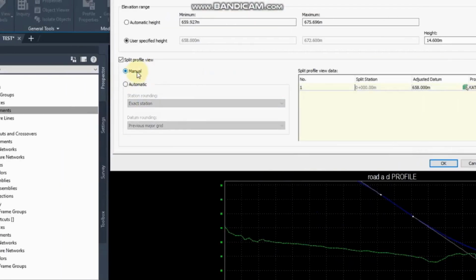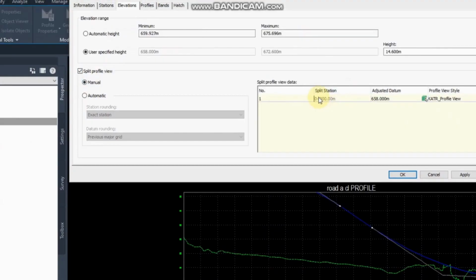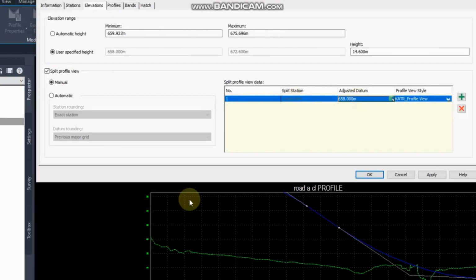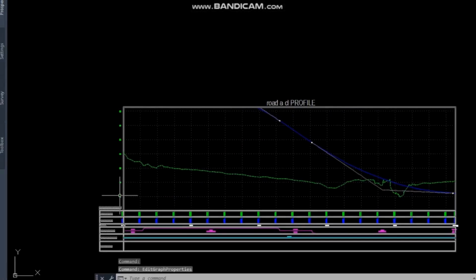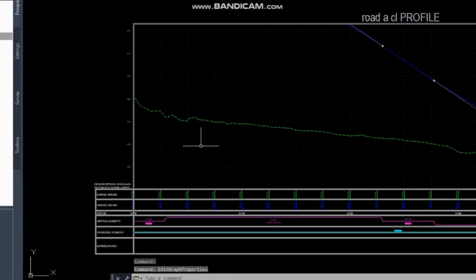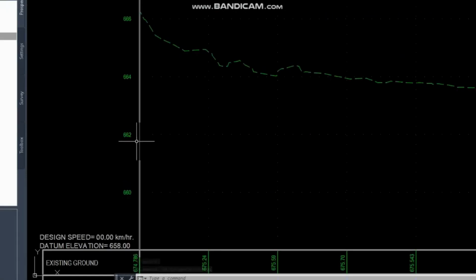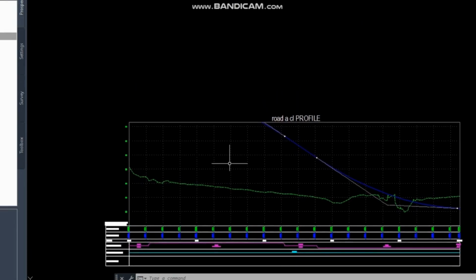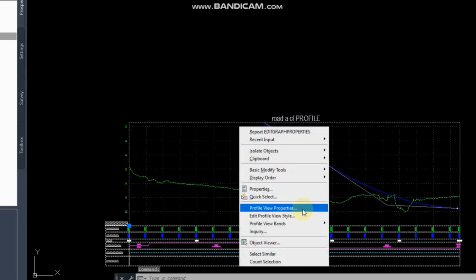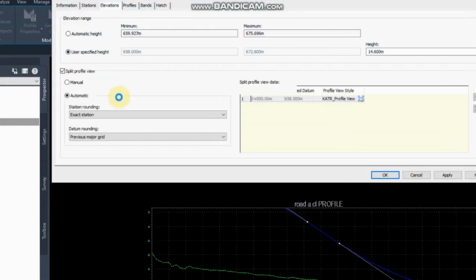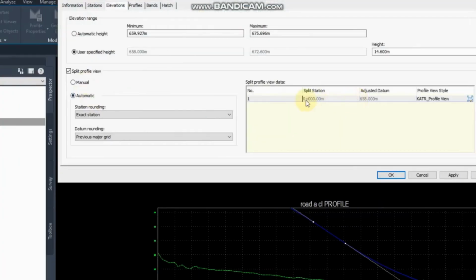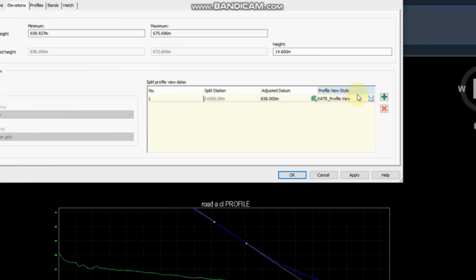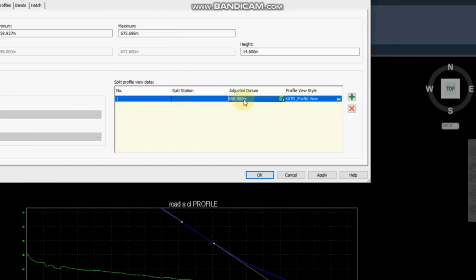From the manual, tick the box here, split view, and then from here you can see the datum elevation is 658, and we can move it up to 662, where the NGL starts, so we have space below. So from here the adjusted datum is 658. If I change this to 662,